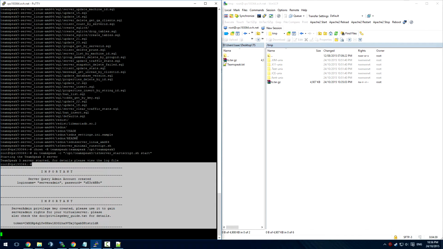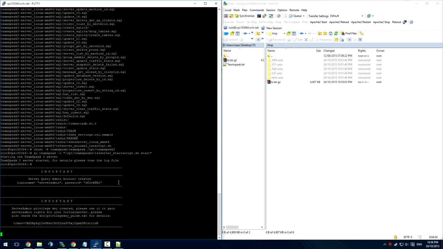Now after you've done this, your server should be working perfect, but when you restart it will stop working. So now I'll show you how to make it start automatically when you reboot the server.